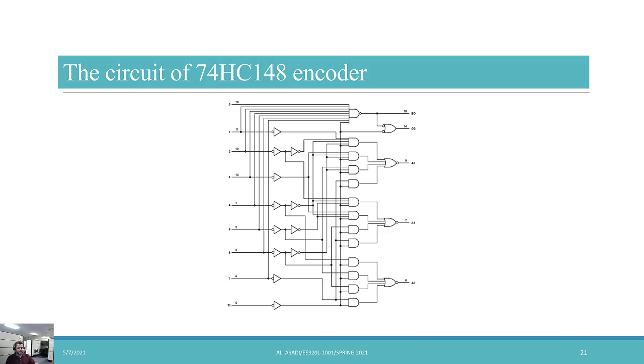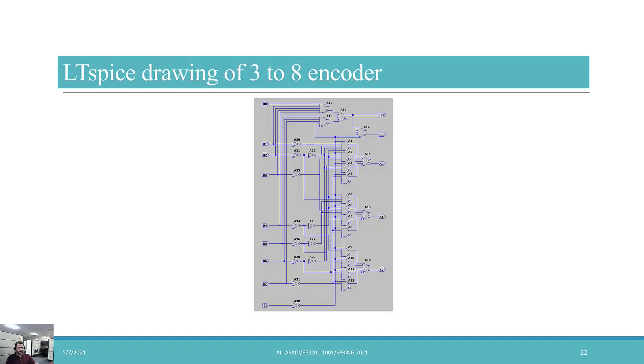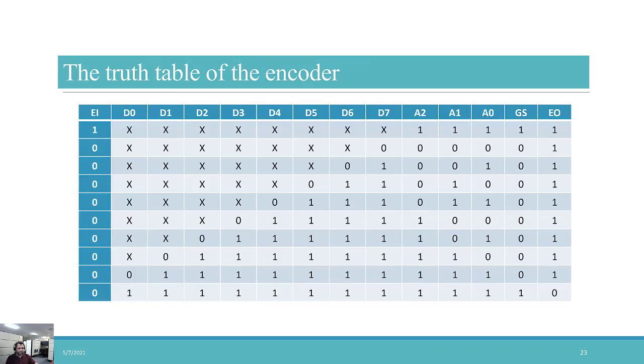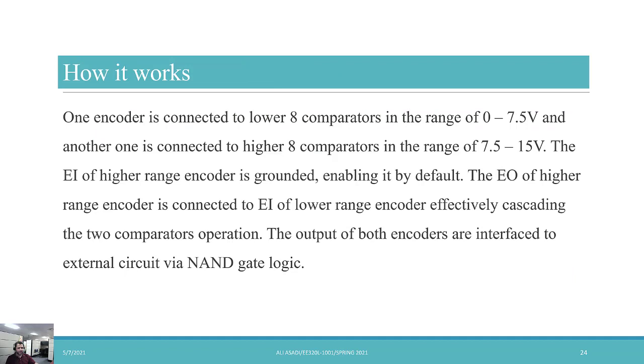And this is an example, an 8-to-3-bit priority encoder, which I used, and I designed this in LT Spice. And this is the truth table of the encoder. And here, how it works, I explained that